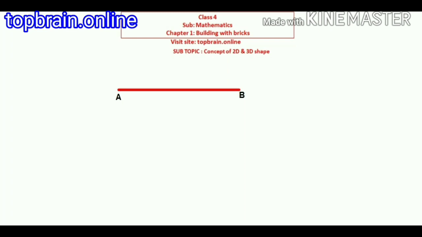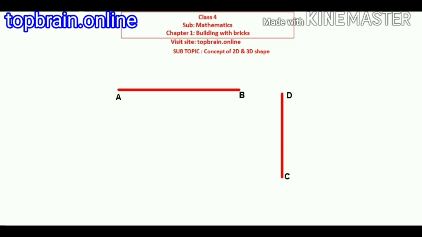Now it is in sloping position. So this line is called as horizontal line and this position is called horizontal position. So a line in sleeping position is called as horizontal line and it is in horizontal position. Now observe this line. I am giving the name to this segment. Now this is line segment CD. It is in standing position. So a line segment in standing position is called in vertical position. So the line segment CD is in vertical position.